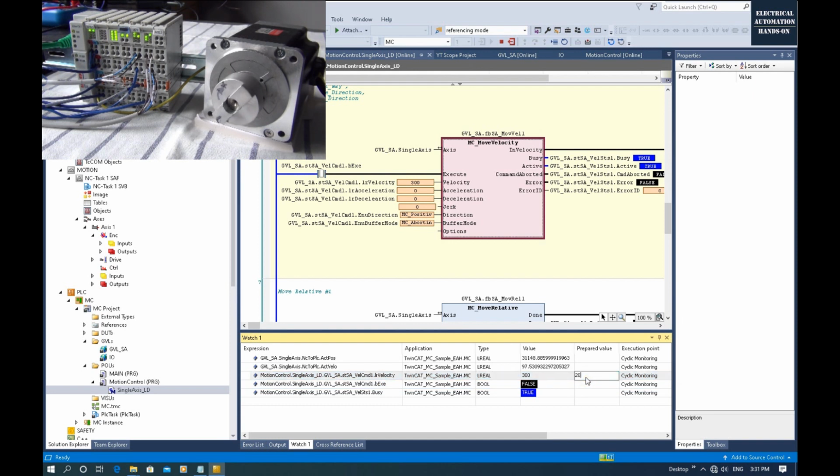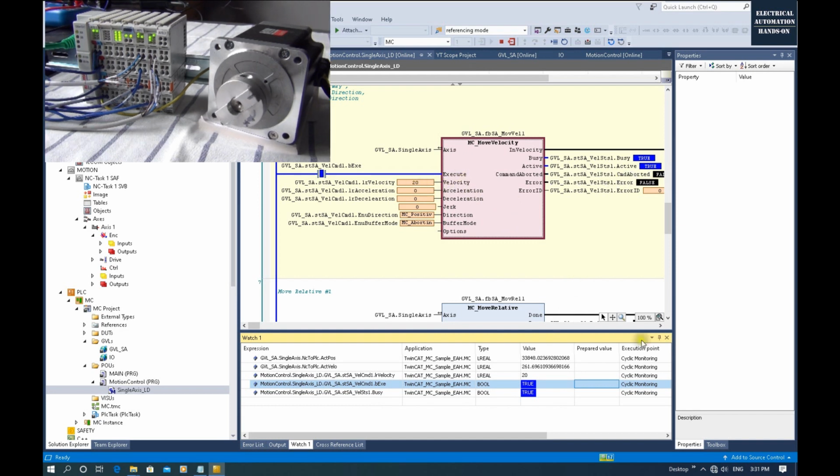And now, if I change to 20, I first send this 20 here. If I trigger it again, in the meantime we can see that once it's ramping up, this busy is on. This busy is on, right? So if I send this command, we can see it's still heading to 300. The 20 won't be available because this busy is on. It will not receive this 20, this new command. Okay. I turn off this trigger. Okay. Once this busy goes off, now if I trigger,